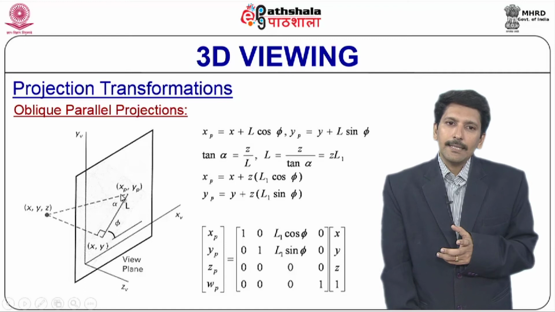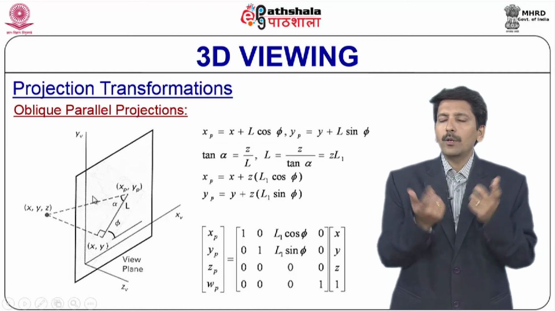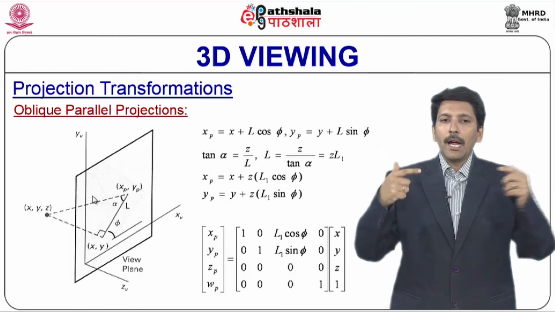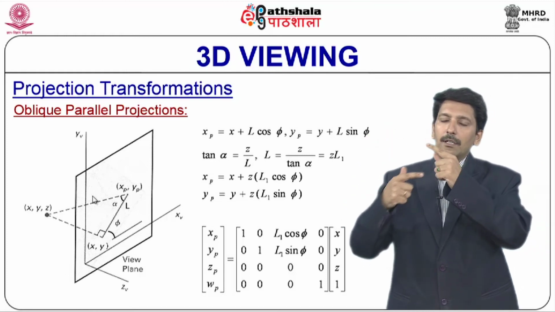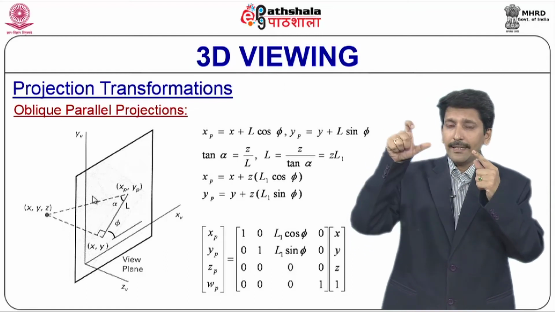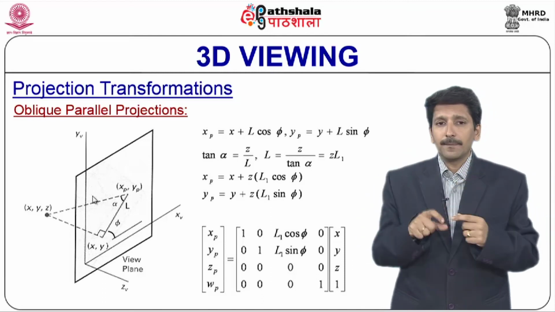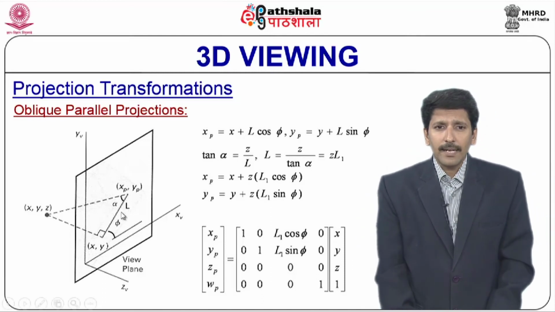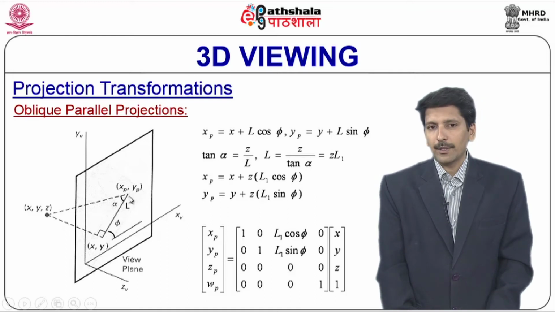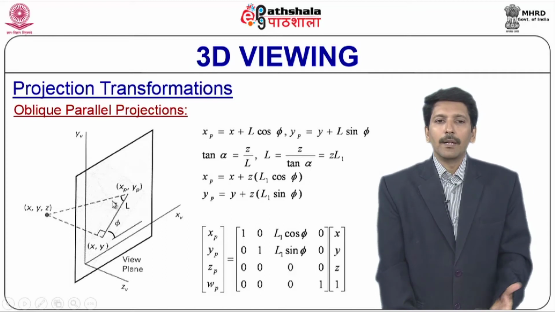Now, we need some angle. How do we know that it is an oblique projection? We would imagine a line in the plane, and we take this obliquely projected line, and we compute the angle between the two, that is, a line in the plane and the line projected. Let this angle of projection, which is obliquely projected, be alpha. How did we get alpha? By computing the angle between L and this line of projection, which is important to us. So, alpha is the angle of projection which is considered oblique.